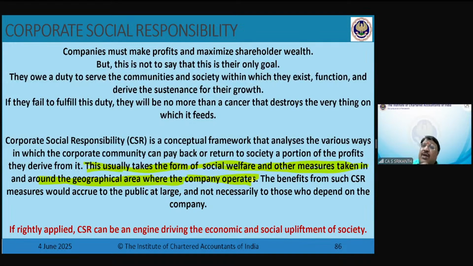I'll tell you one beautiful CSR that a company does. I can name the company, Orient Cement. I visited them for conducting a team building workshop, a 2-day program. On the first day after lunch, the HR manager came to me and said, Srikanth, would you like to go around? Yeah, why not? I've easily seen 25 cement factories. The cement process is not new to me, but it was a state-of-the-art plant.